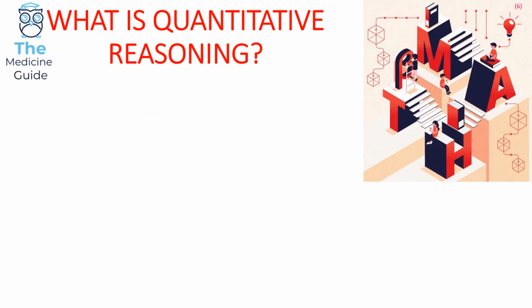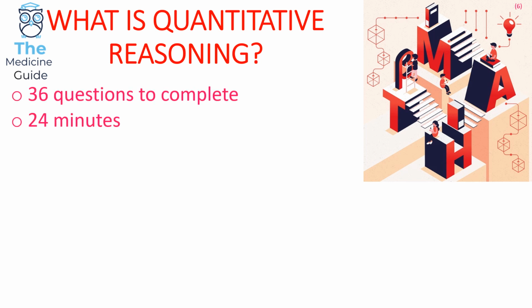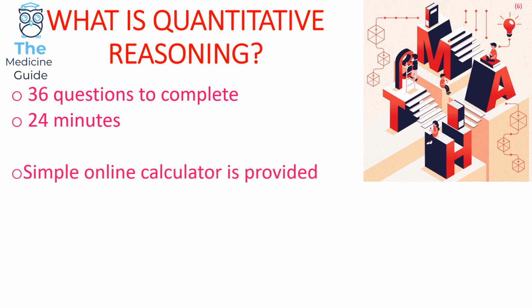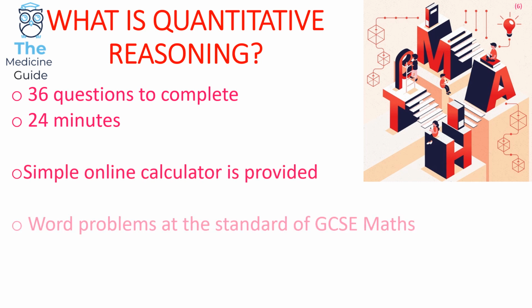So quantitative reasoning is focusing primarily on your numerical skills, so focusing on your math skills. So 36 questions to complete in 24 minutes. A simple online calculator is provided. So the word problems are at the standard of a student who has completed their GCSE maths, so you shouldn't find any questions focused on complex maths like